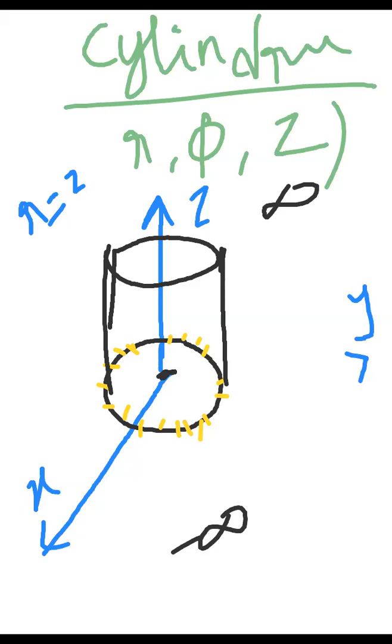So in a cylindrical coordinate system, if one parameter is fixed and there is flexibility in the remaining parameters, say φ, z, then it will give you the cylinder. Please remember, they are fixing r is equal to 2. They are fixing the radius, and you have flexibility in φ and z. In the exam they will ask, in cylindrical coordinates, r is equal to 2 means what? R is equal to 2 will give you the cylinder.